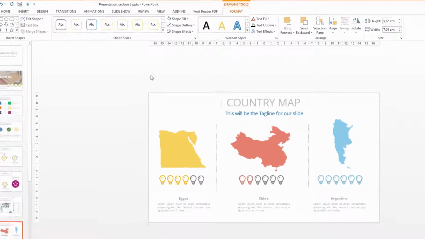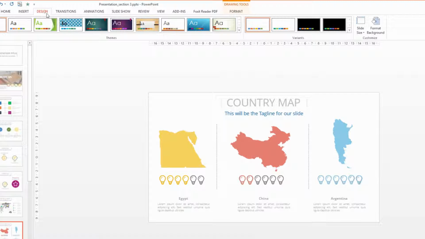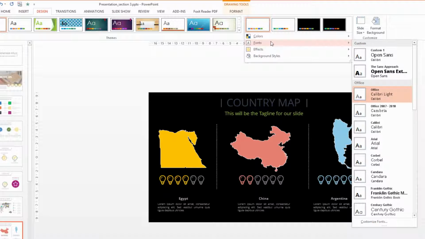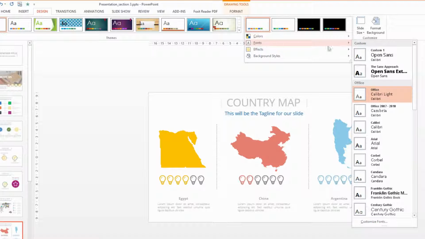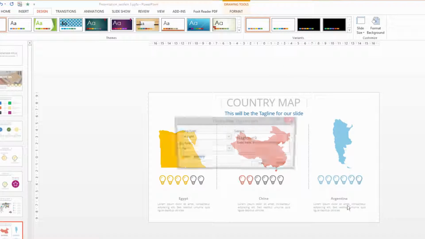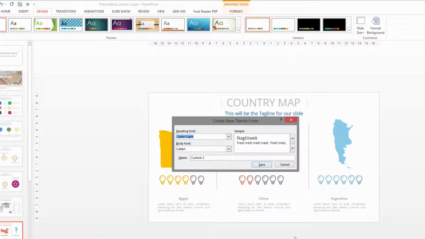The next trick is also very simple. You can go to Design, you can hit this again, and you can go to Fonts. By going to Fonts, you can choose Customize Font. And since for this presentation we were using Open Sans, I was always changing it by hand, but I can